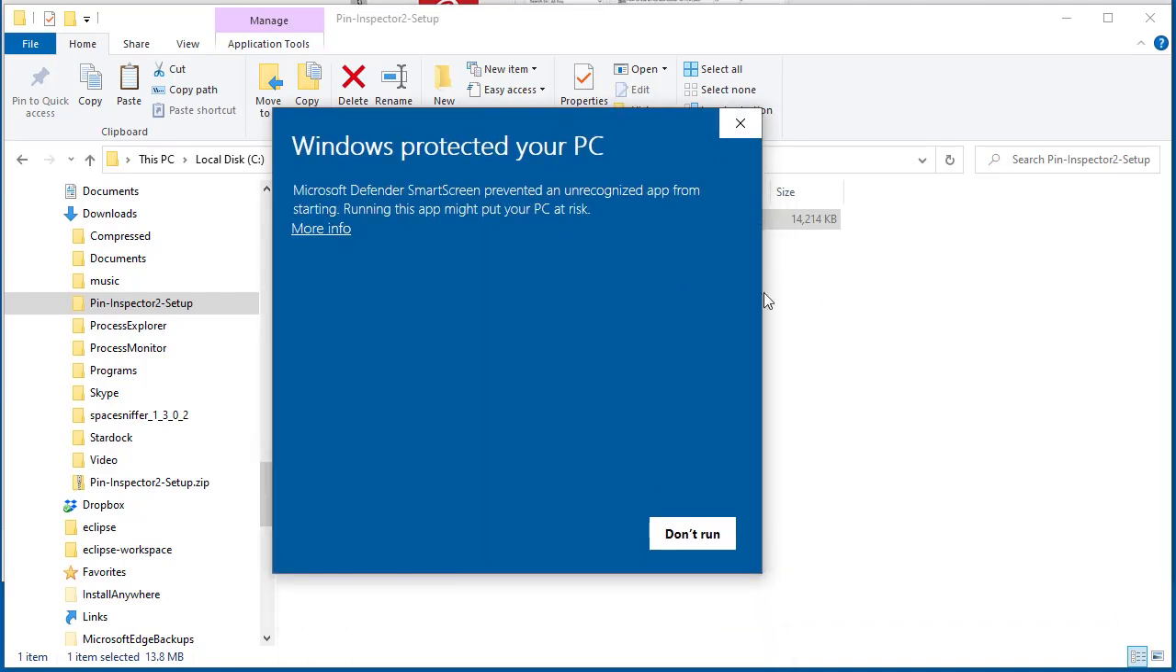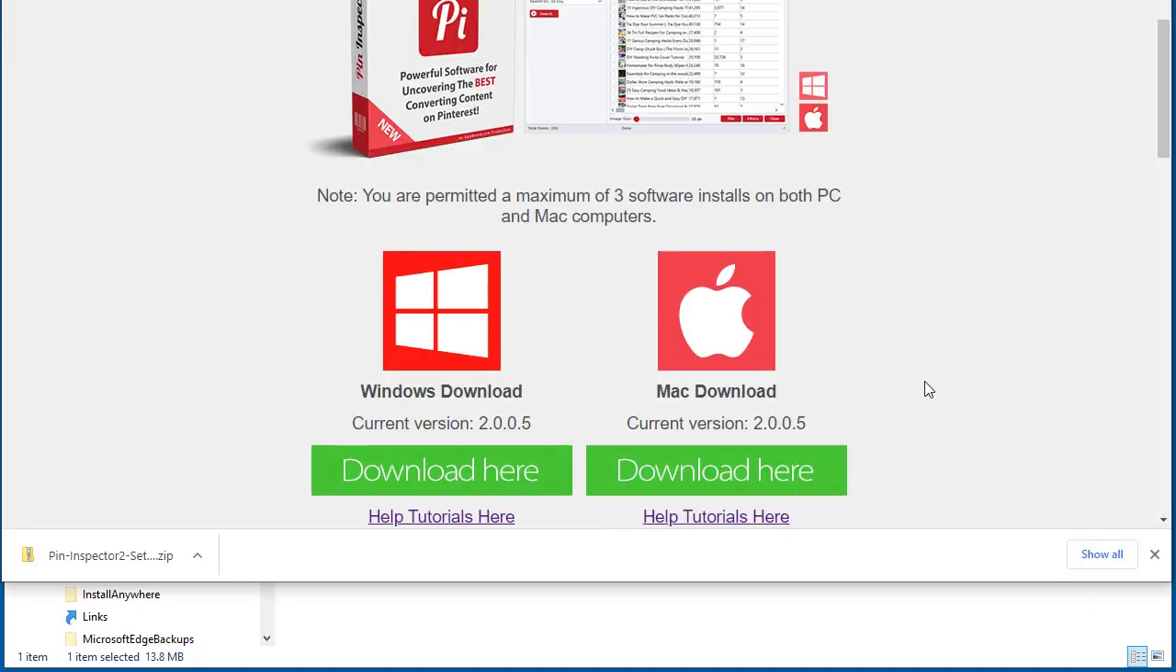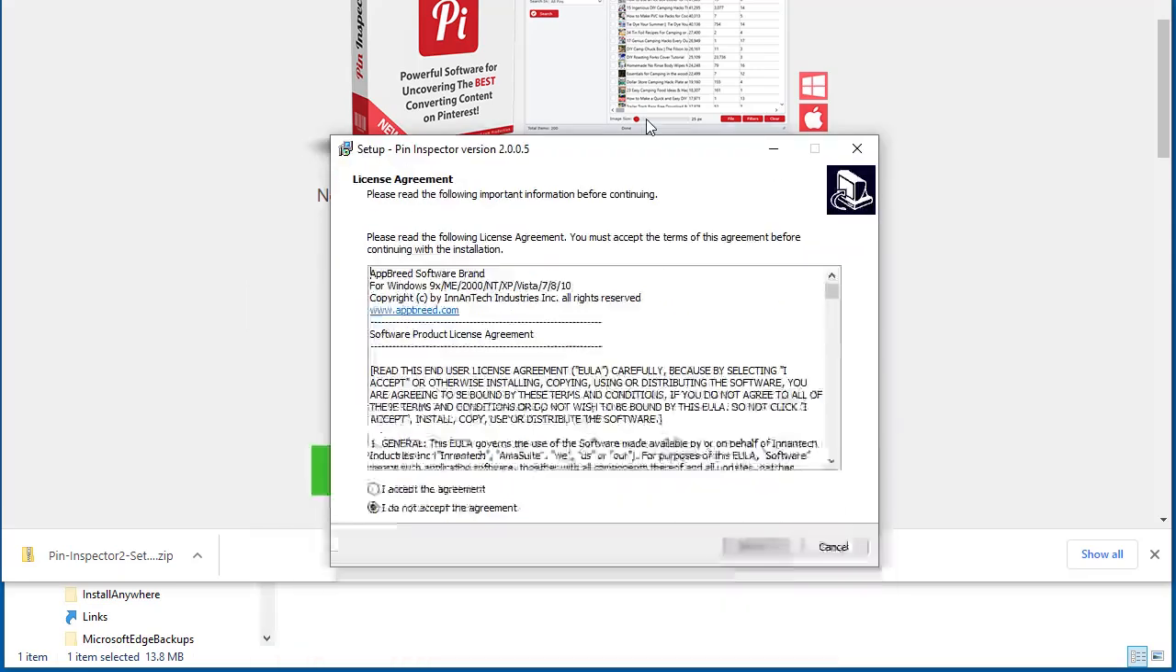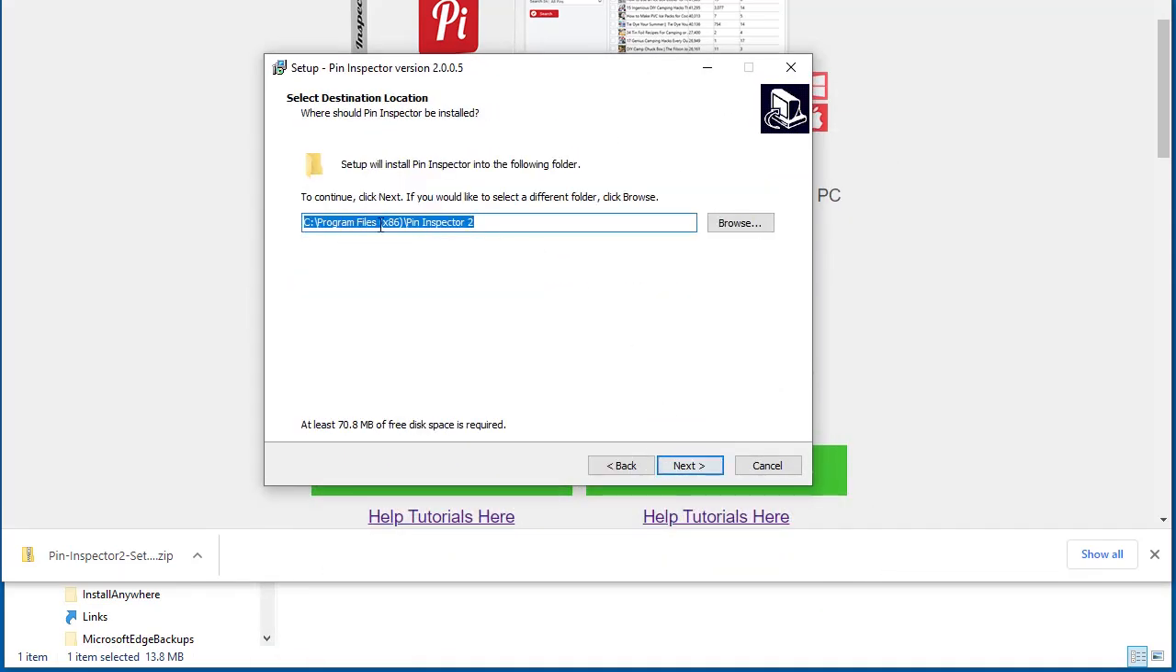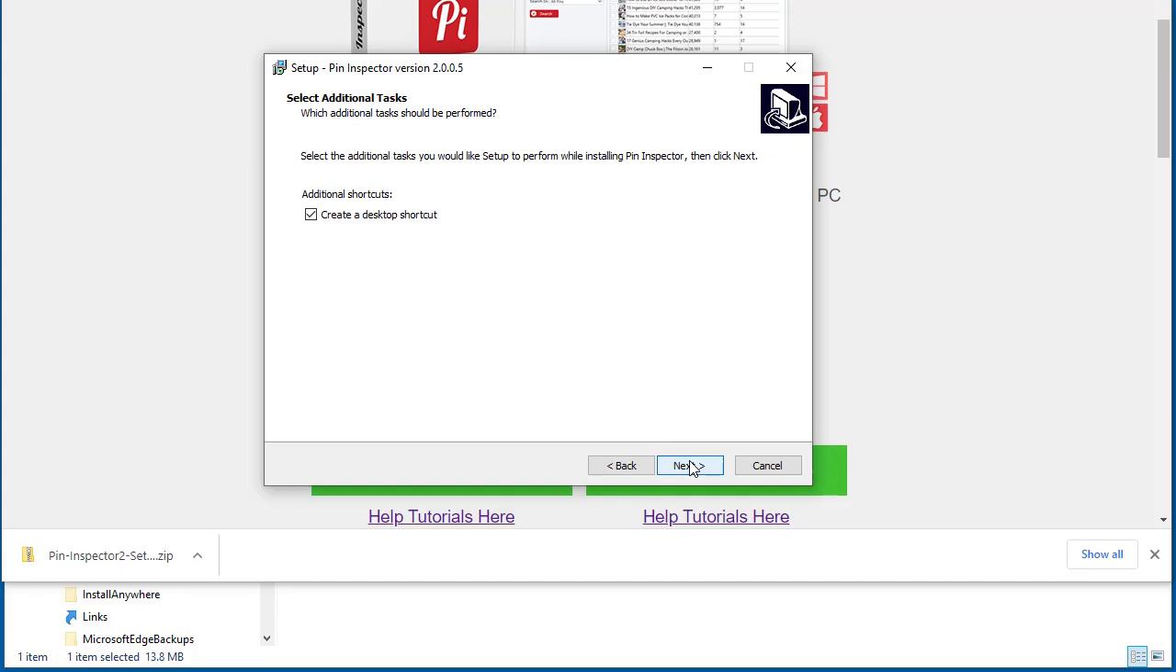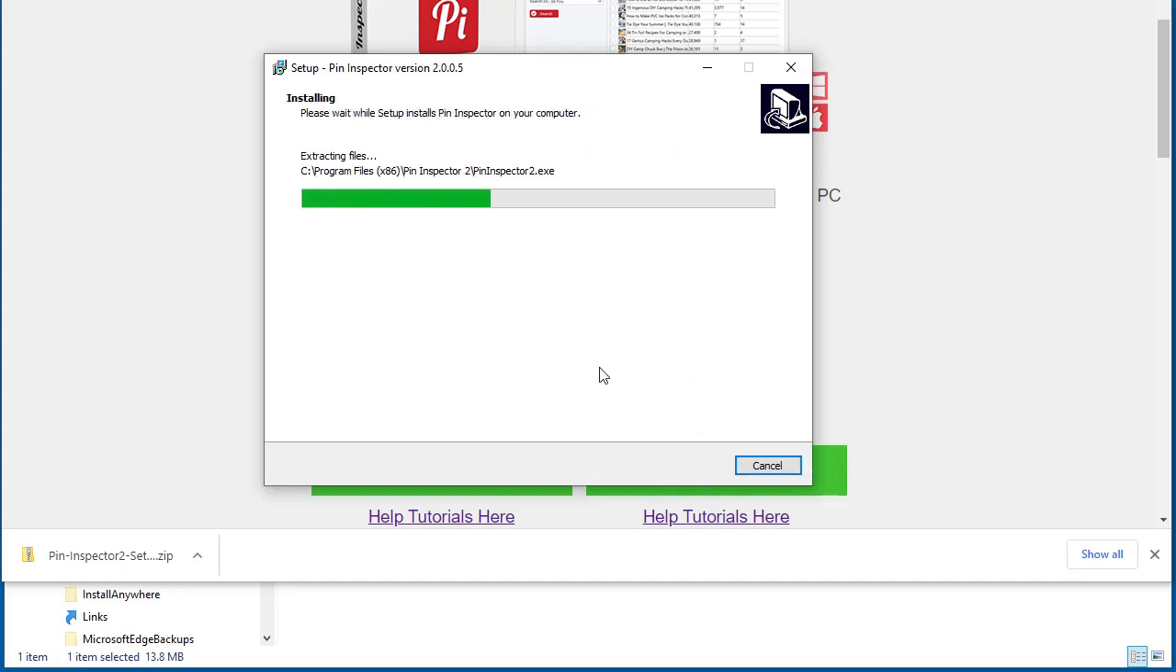And for the first time installing the software, you're going to see this little warning. But as I mentioned before, you don't have to worry about my software having anything wrong with it. So just click on this more info link and then click on run anyways. Now the installation will come up, and all you have to do is click accept. Next, it tells you where you want to install it. Create a shortcut on my desktop, click install,